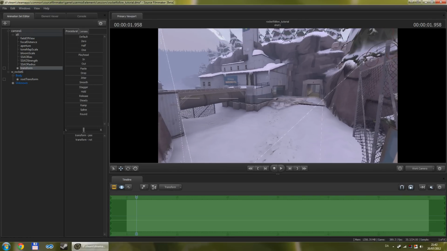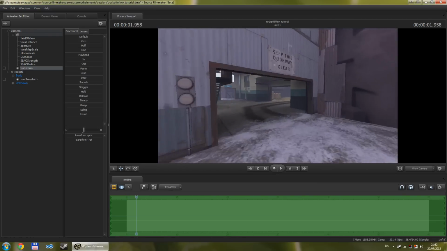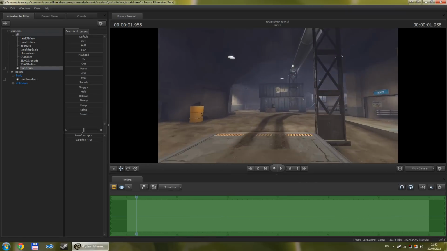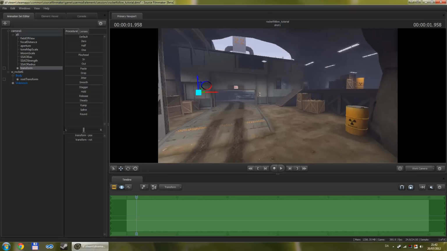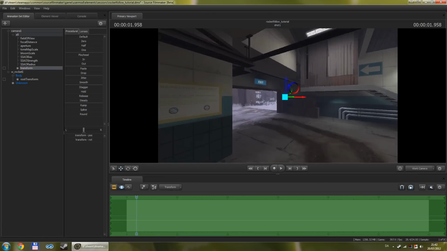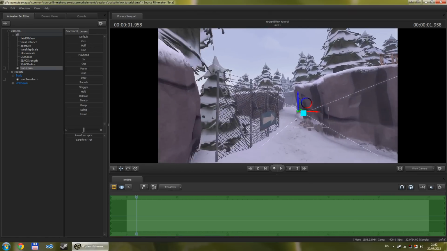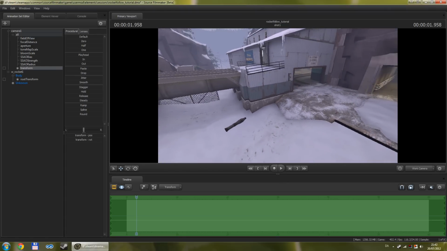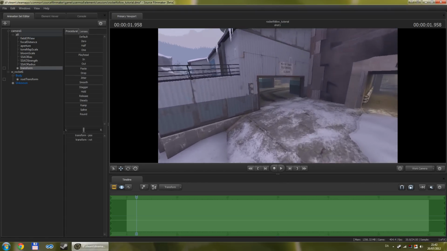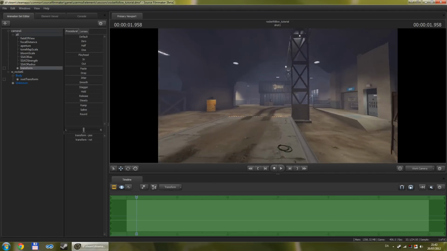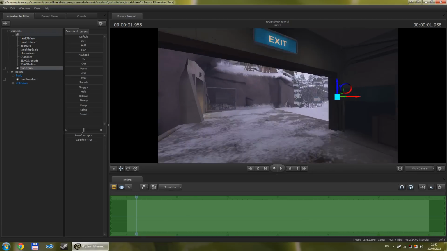Now, when we record, the camera is going at a certain speed, and you could probably use console commands to make it go a little faster or a little slower based on how fast you want the rocket to go. But if you wanted the rocket to go twice as fast, it'd be difficult to control the camera because it's just going so fast. So what you can do instead